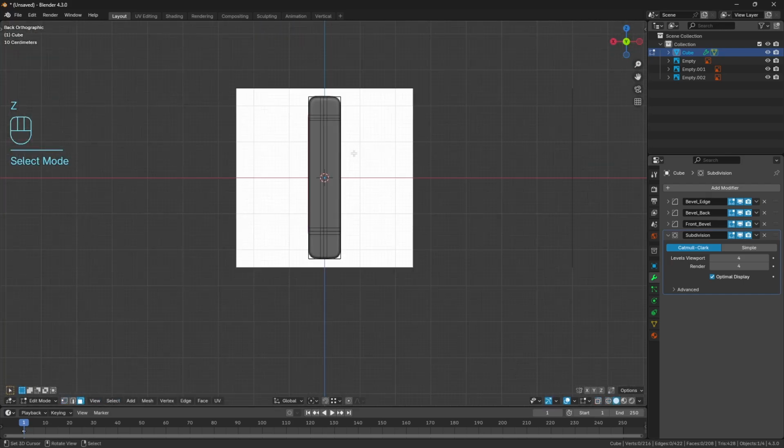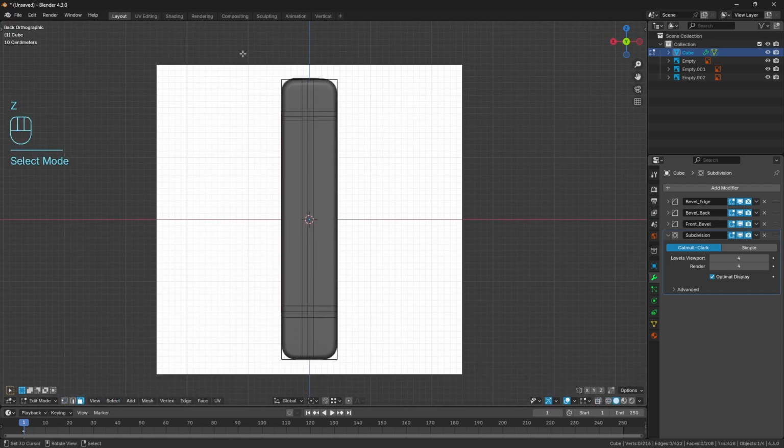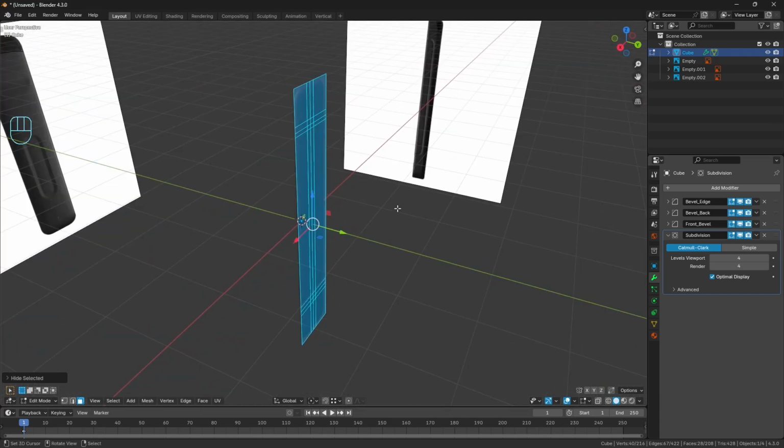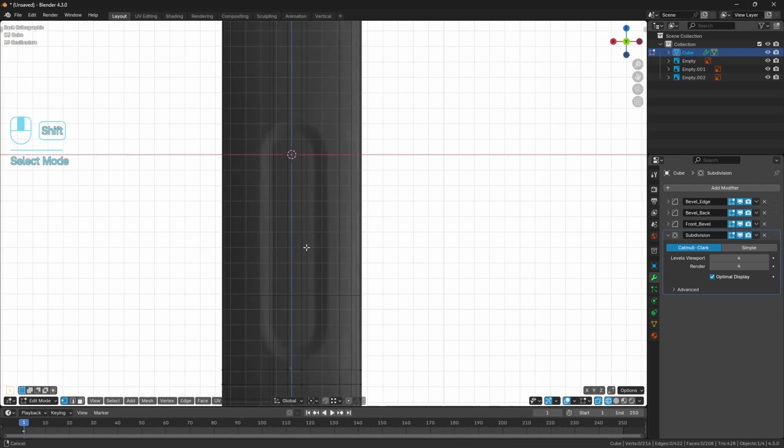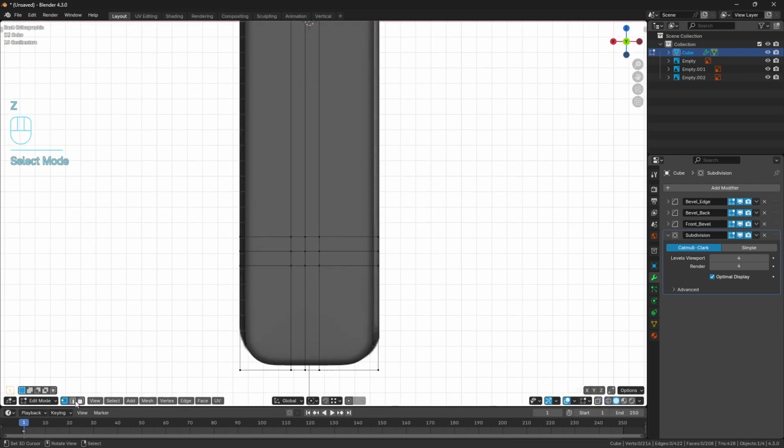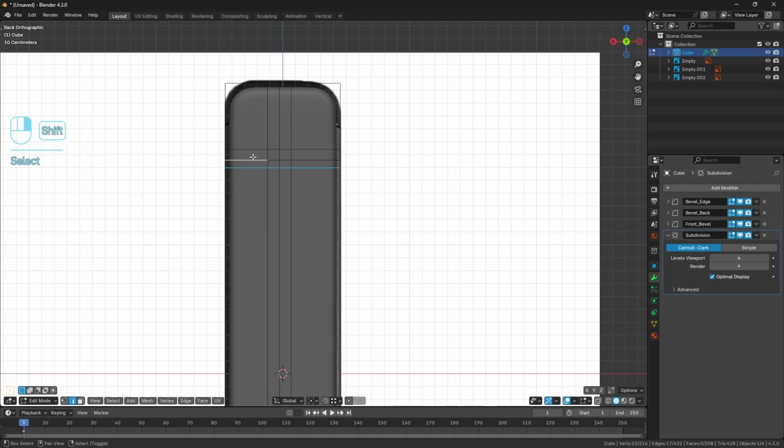So what I'm going to do, just in solid face view, is select the back and press Shift H. That way we're just working with this, and then when we're working in wireframe view, we're not getting all of the other wireframes from the front pouring in. To just make it a little bit easier, I'm going to ignore the top and bottom edges, but I'm just going to go ahead and select these edges here,